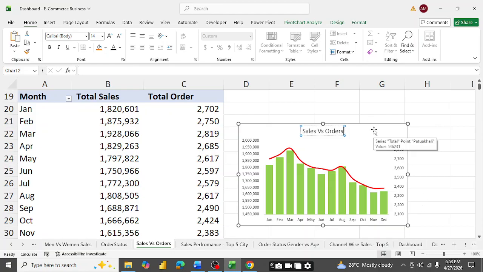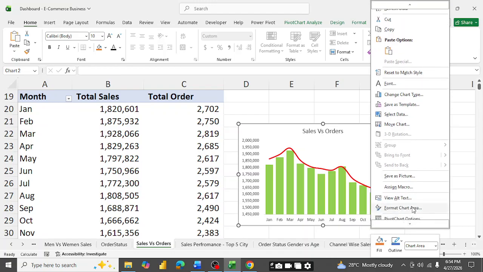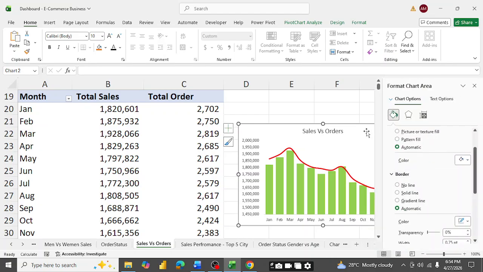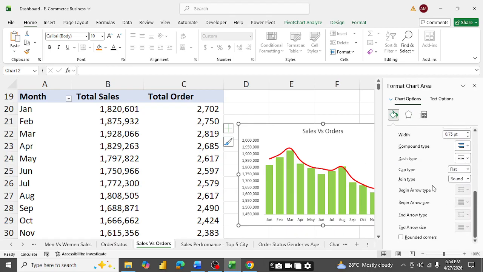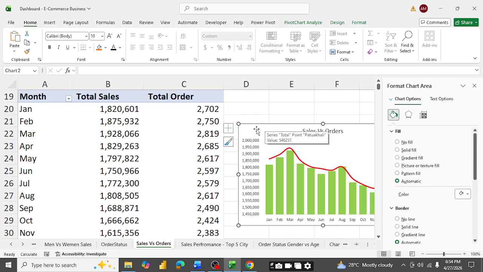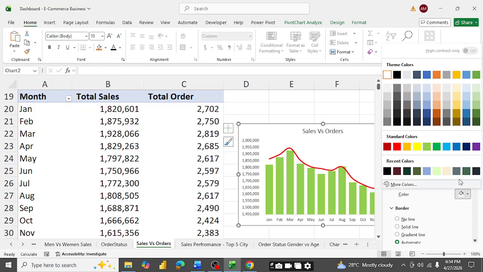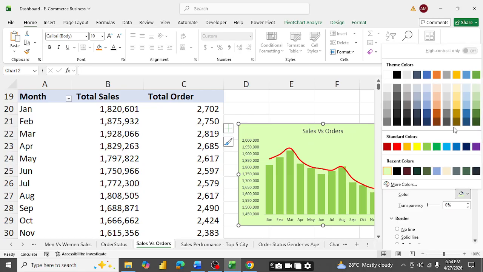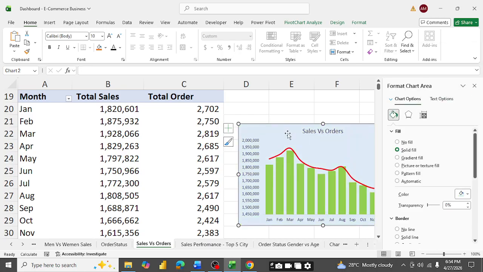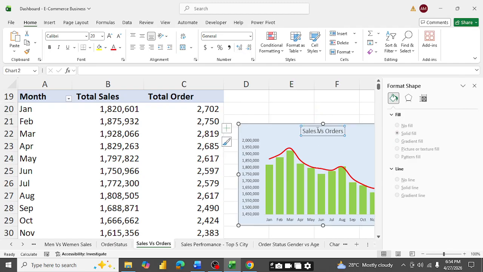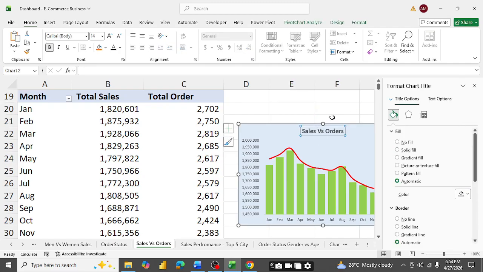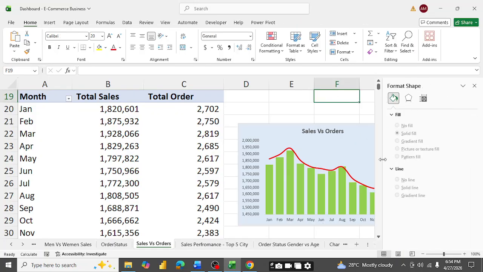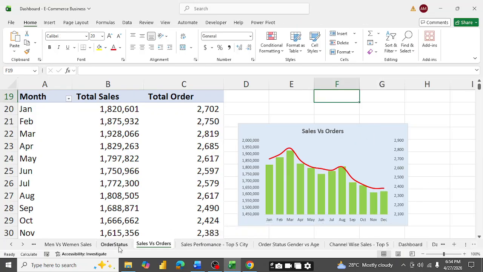Okay, so we have made it done properly, and then we just need to make the background more efficient. How can we do that? The color. Okay, now the color we just need to select over here. If we select this, it will not work properly for us, so now let's select this. So the information given is like this, and we just need to make it bolder and more